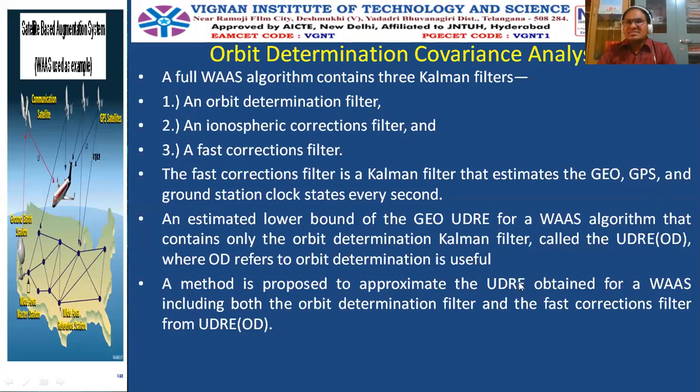So the fast corrections filter is a Kalman filter that will estimate the GEO, GPS and ground station clock states. So the clock state of not only the GEO satellite, but also the GPS satellite and also the ground station clocks. So here an estimated lower bound of the GEO user differential range error, for a WAAS algorithm that can